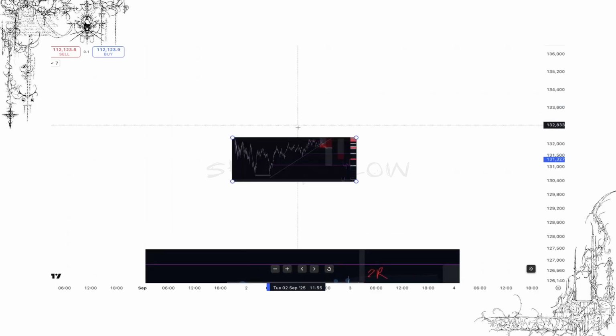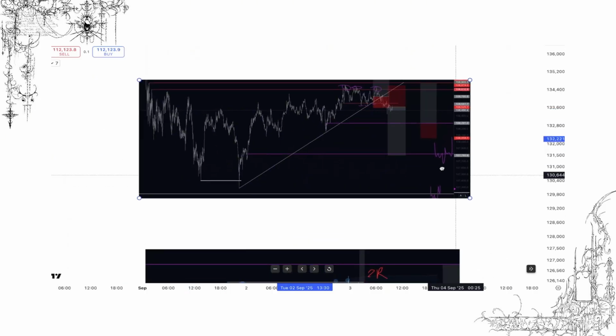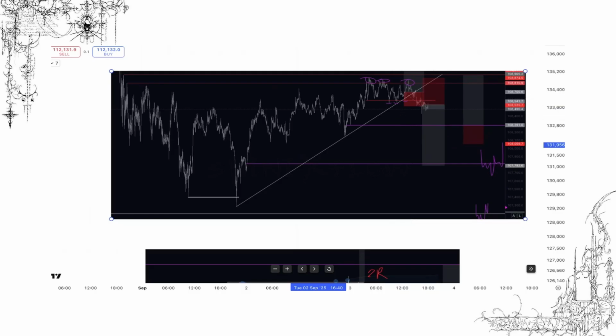What it looks like is, let me just show you. Let's just assume that there's a high, and price is pretty much chopping, but it comes to a point where it starts to break off of that high of a range. And in this scenario, this is what the PA looked like. So if price started to break out of that high right here and started to give some internal momentum of the structure,